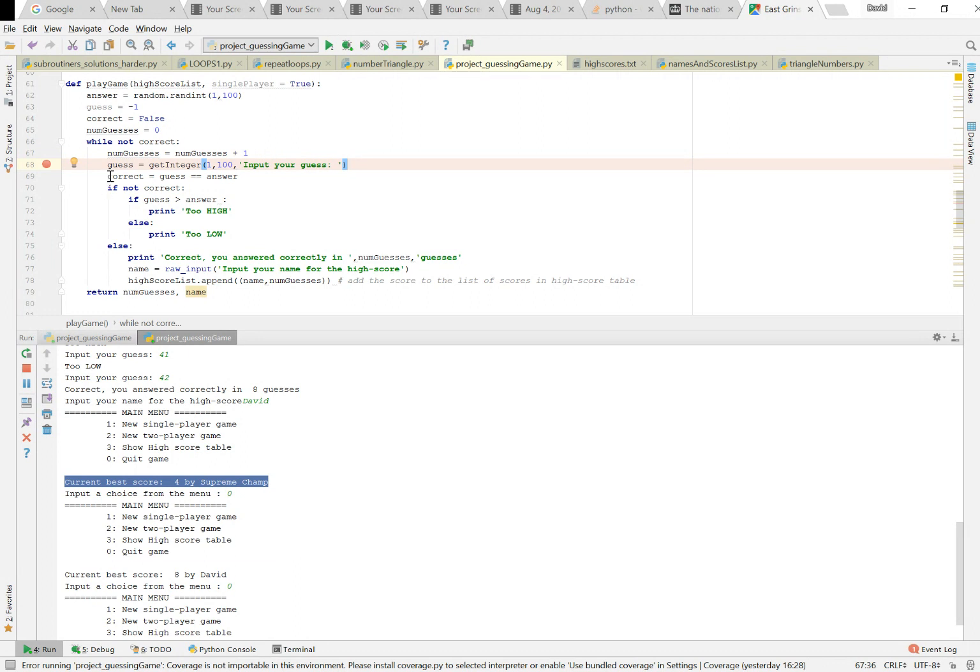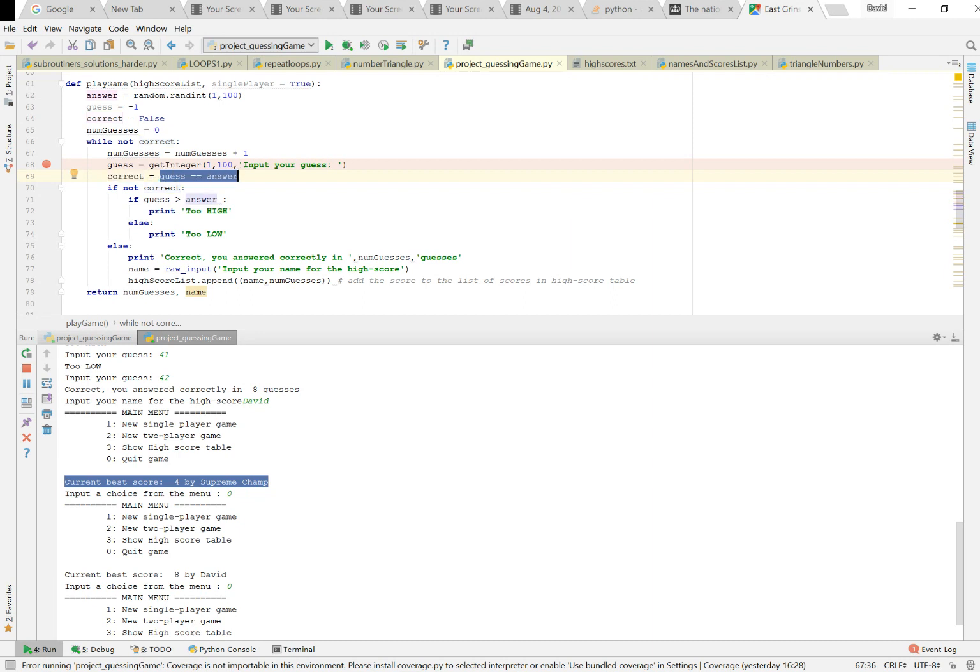And correct is determining, is the guess that the person has correct? In other words, is their guess equal to the secret value that they're asked to find? If it is, we set this value to correct to be true. If not, it will be false. So correct is a Boolean. This here, guess, is equal to or compared to answer. That's also a Boolean. So we're setting this thing called correct to determine whether or not they've guessed it